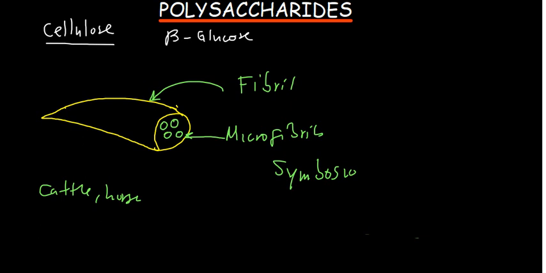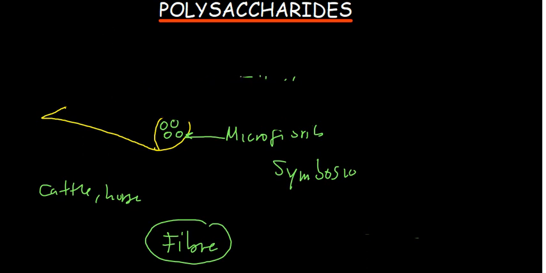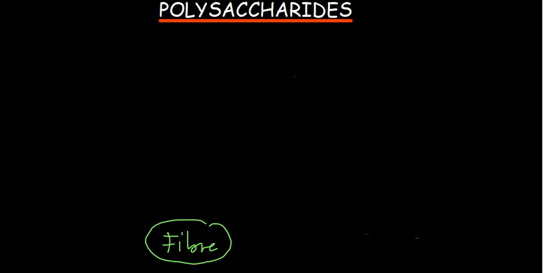Okay. So when you're talking about cellulose, cellulose is important in the human diet as a dietary fiber. That part of vegetable that you cannot digest is dietary fiber. That's the importance of cellulose. And cellulose is used in industry to produce paper and also cotton. All right. So the last polysaccharide that you should be able to understand is chitin,